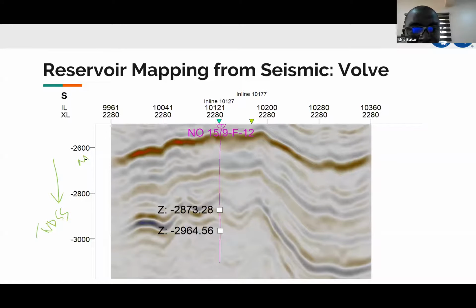Yeah, so we're getting close to about 10,000 feet at 3,000 meters here. Okay, so your wells are now probably telling you, if you don't know what you're looking for, your horizon, these two markers, which correspond to the well tops of the particular horizon we're interested in, would tell you to probably put your horizons here, all right, and here.